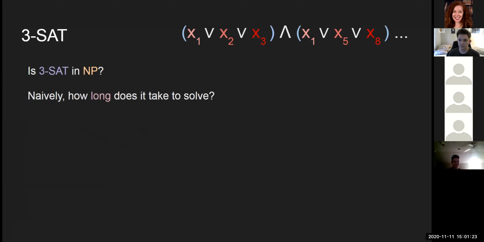Wait, hold on a sec. You said that something's in NP if we're given a solution and we can check if that solution is correct in polynomial time. Yep. But here, I thought you said that the solution we're given isn't necessarily a value for each of these Boolean variables. It's just a yes or no. This is satisfiable or this is not satisfiable, right? Yeah, if we're given a valid assignment, then we can check it. Right. But I'm just saying, if you only told us a yes or no, I feel like